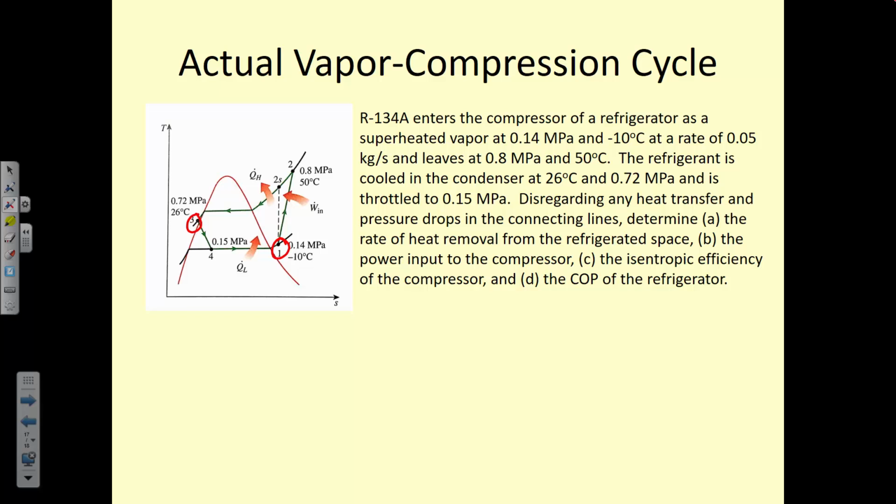Then the refrigerant is cooled in the condenser at 26 degrees Celsius and 0.72 megapascals. Once it leaves the condenser, it goes through the throttling device and the pressure is decreased further to 0.15 megapascals. So you notice here that they are accounting for a slight pressure drop from 0.15 megapascals to 0.14 megapascals through the